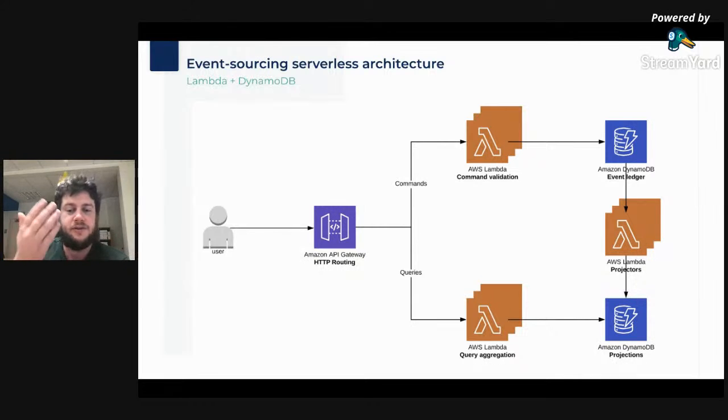Finally, Lambdas on the bottom part of this schema will query in DynamoDB the line requested for a specific page of your application, for example, the detail page, and you will have the updated status of your application inside those projections.